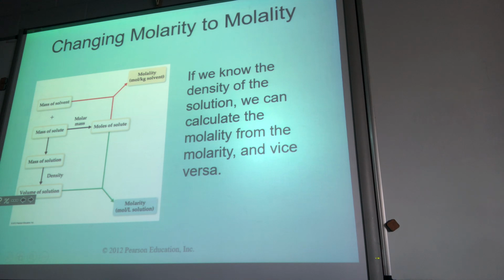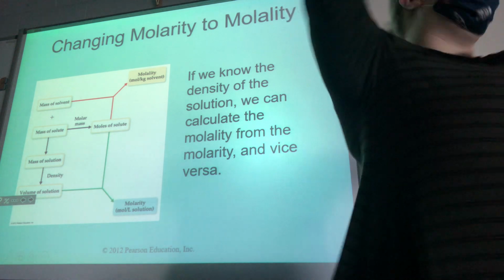Grams needs to be in kilograms. What else is a problem? Hopefully you recognize that these milliliters and liters do not match. So we want to go 1 milliliter or 1,000 milliliters. Cancel these out. Those out. Now we've got moles and grams. What do we want? We want kilograms, so we're going to do that. Okay. So we can convert a molarity to a molality